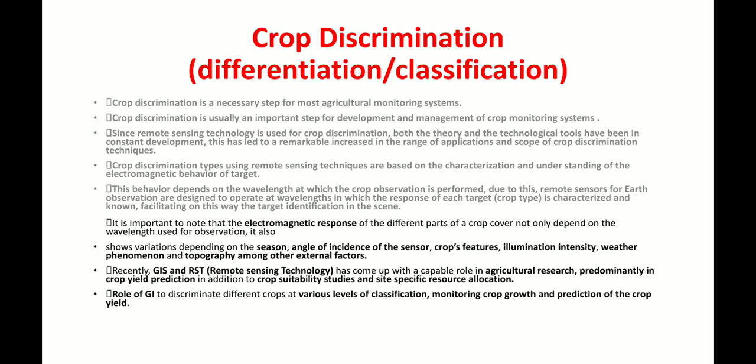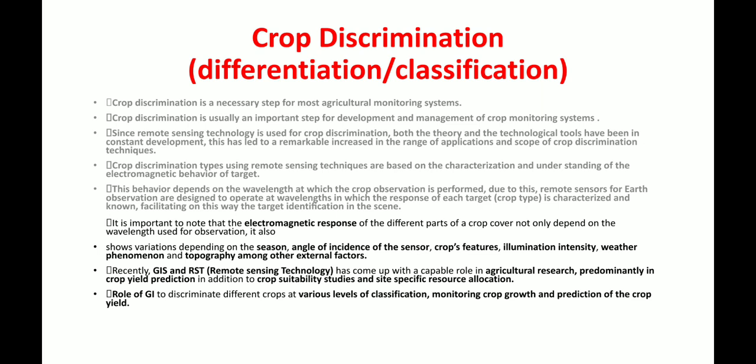It is important to note that the electromagnetic response of the different parts of the crop cover not only depends on the wavelength used for the observation, it also varies depending on the season, angle of incidence of the sensor, crop features, illumination intensity, weather phenomena, and topography, among the external factors. These are the variations to consider for the discrimination of crops, depending on the season, angle of incidence,